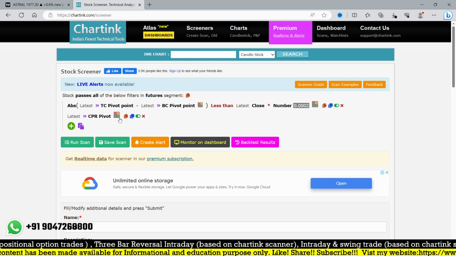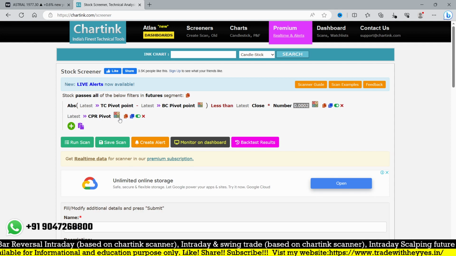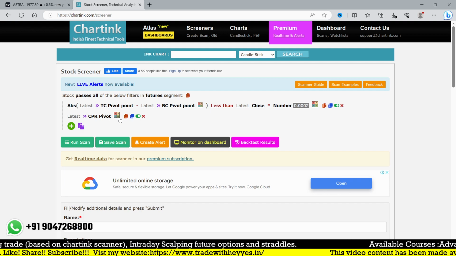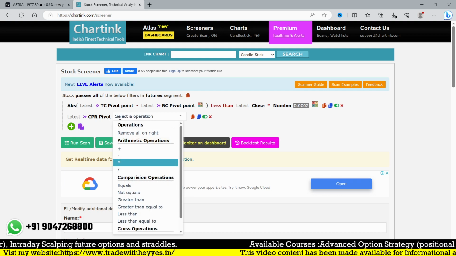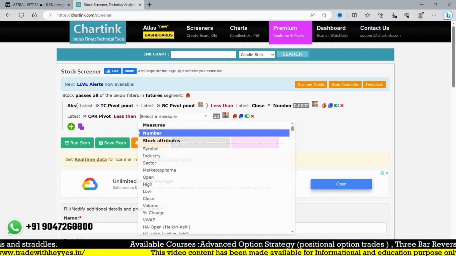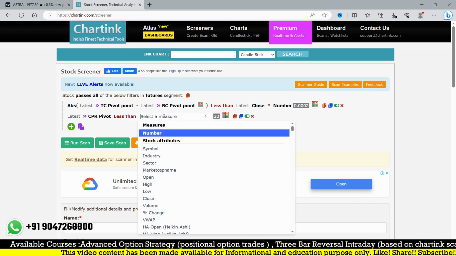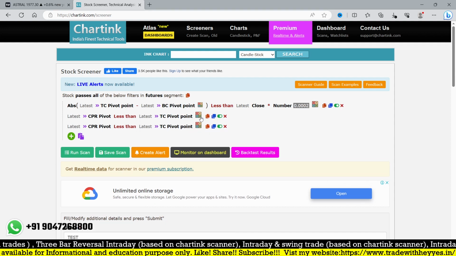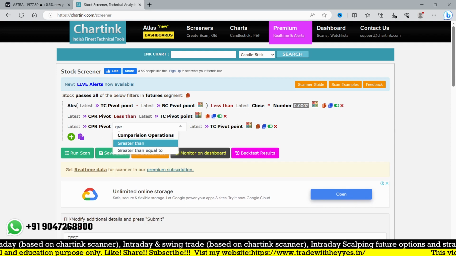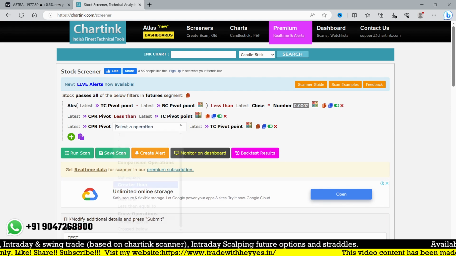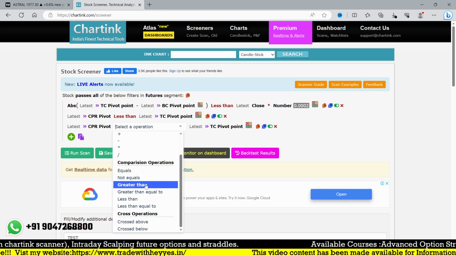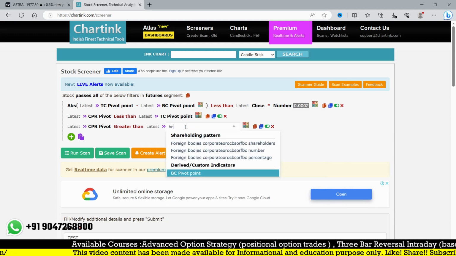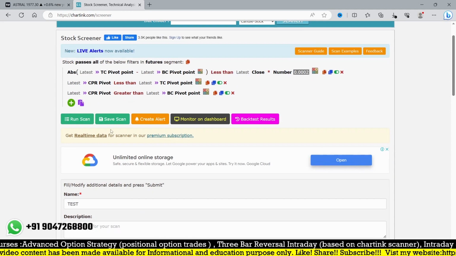Latest CPR pivot point less than, I think we use TC. Okay, same like that. Greater than, yeah, it must be greater than BC. Okay, if you are adding this condition,